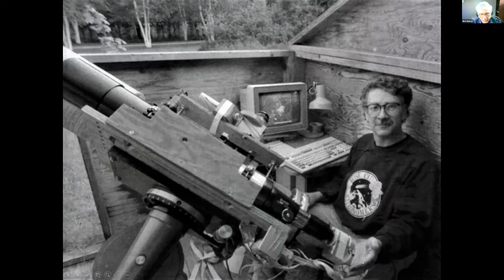Those of you who've been around in astronomy for a while recognize, oh, that's a cookbook camera. That was a build-it-yourself camera back in the old days. And here is that same old Genesis refractor that I used many, many years later. Just looking at the pictures, you realize, oh, that's an old style 1024 by 768 monitor. And yes, when I observed, I carried out a